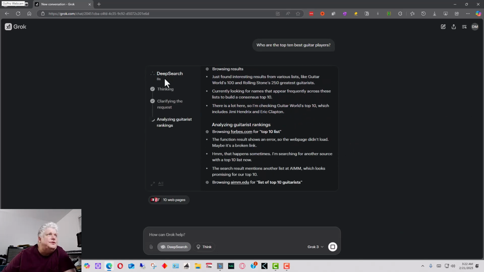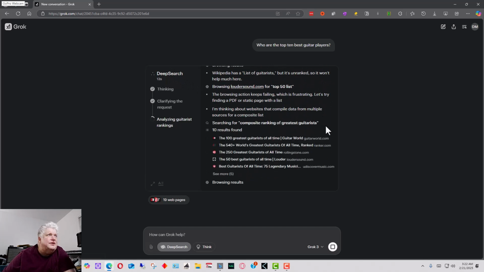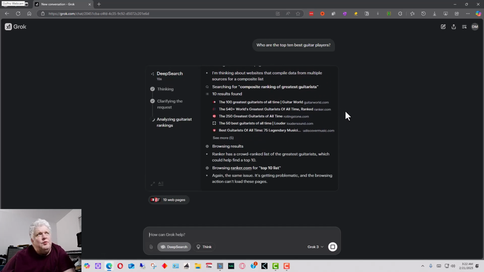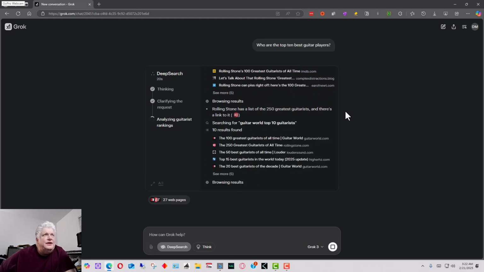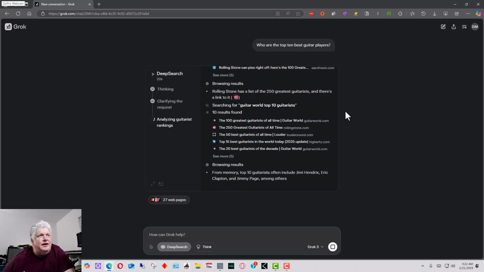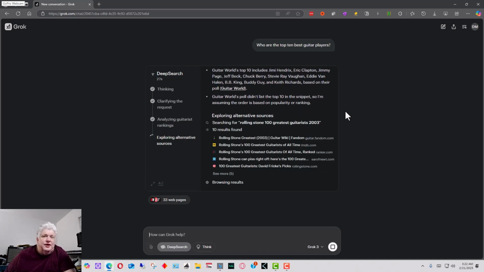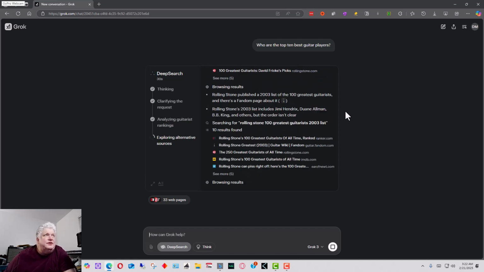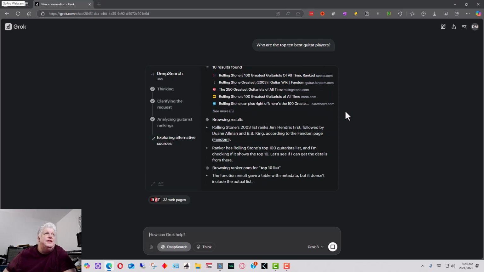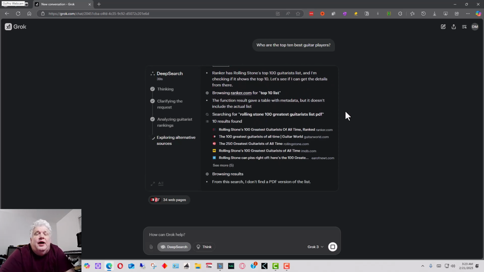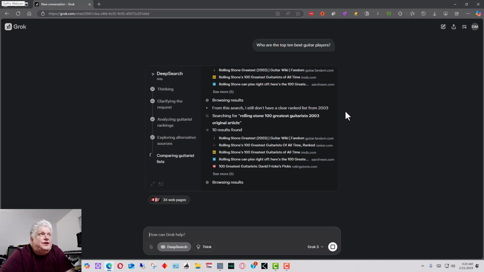Now you can see Deep Search up on the left here, and it's counting the seconds of how long it's taking to research it. So it's thinking more about it, but it's also going out to more resources, finding more up-to-date information. It's looking at each one of those right now, and it's going through a set of steps to analyze it. And it's doing more research, and it's thinking more on it. So it will take longer to put out the deep search, but it gives you more information, and